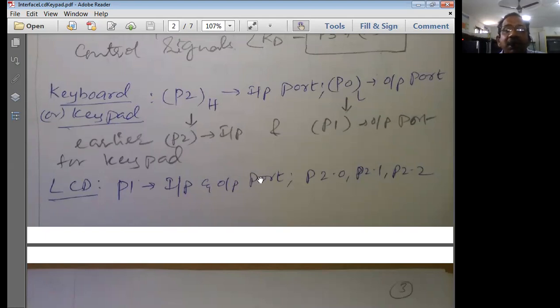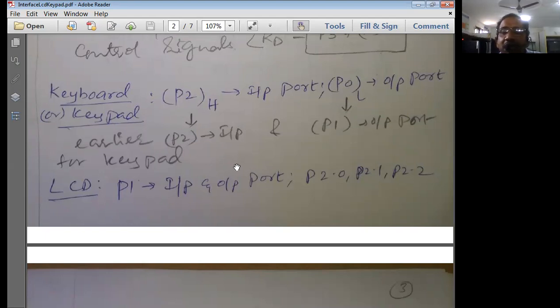Now the thing is that here, the higher order pins of port 2 are used as input port pins, because the lower order pins of port 2 are used for the command control instructions for the LCD display, like the RS, R/W bar and EN pins. To use those pins, I reserve port 2.